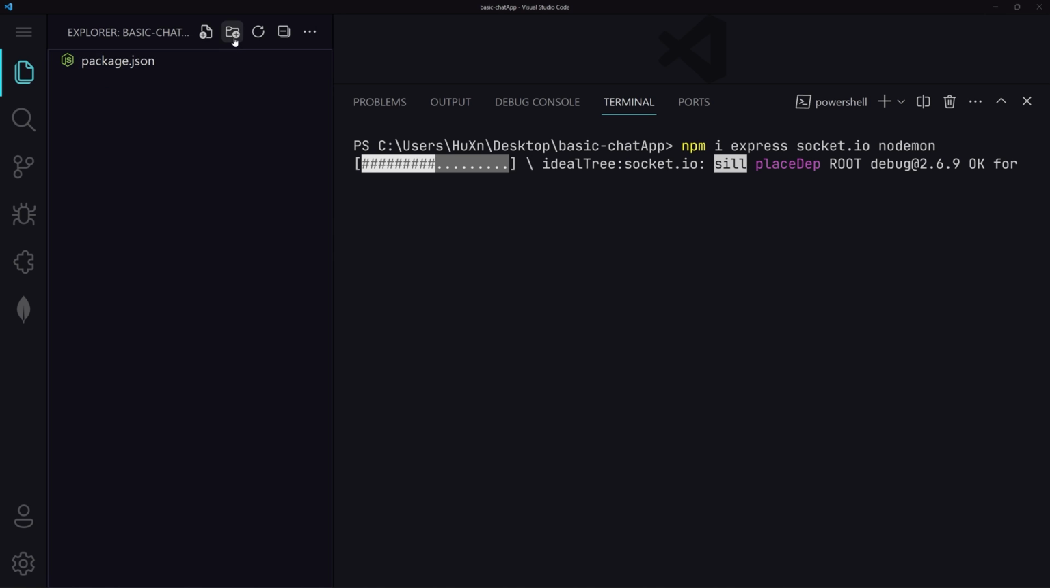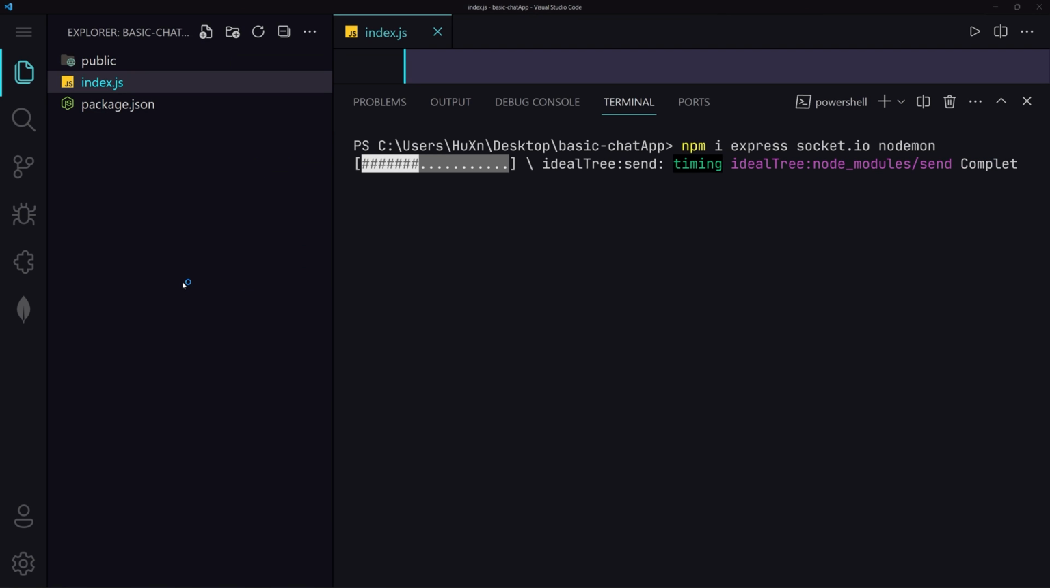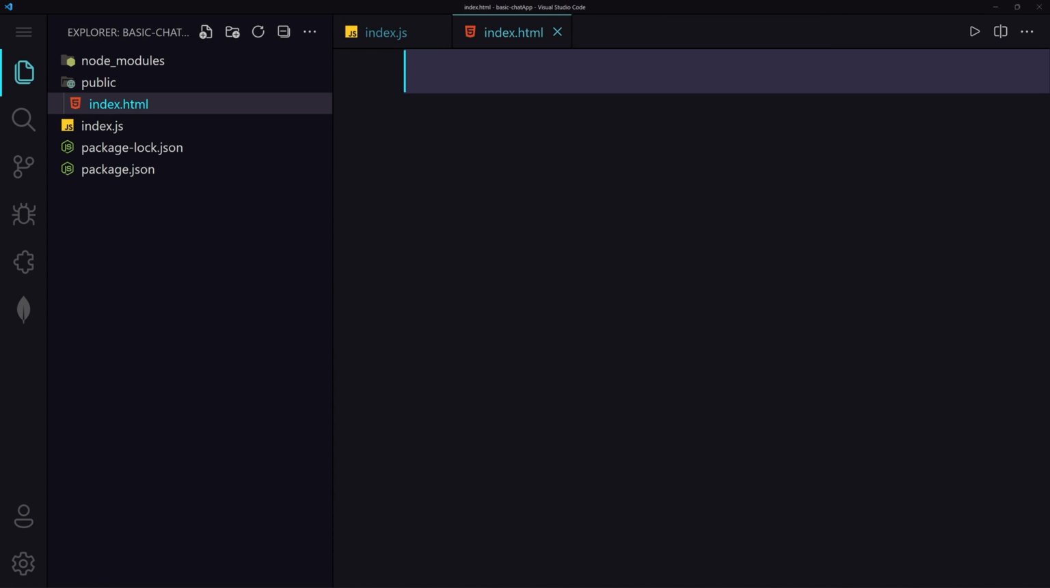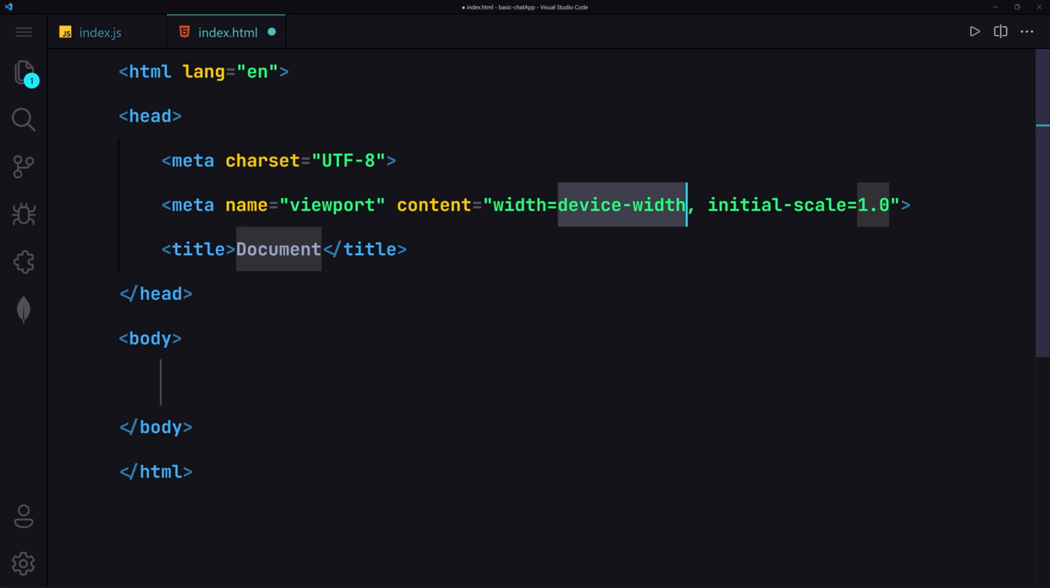While it is installing, I'm going to be creating a folder. I'm going to just give it the name of like public, and I'm going to also create a file given name of like index.js right here. And now inside this file, I'm going to take care of that in a few seconds, but now let me just create an index.html file right here inside this public folder, and I'm going to just write my doc type